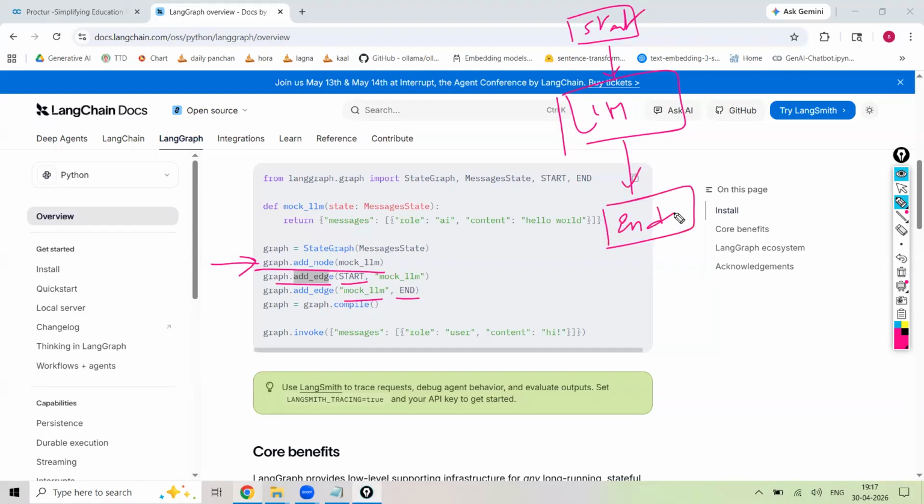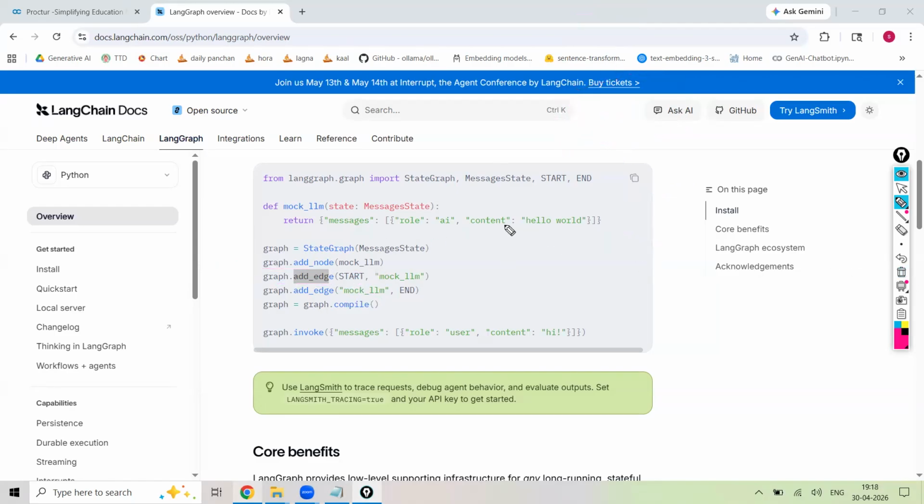There is nothing else here. So 2 edges are there. Directly you go to start, and directly you ask hello world. The content was given as hello world, and that hello world went into the LLM model, and the LLM model will give the output as hi. Simple. Understood or not? So for example,